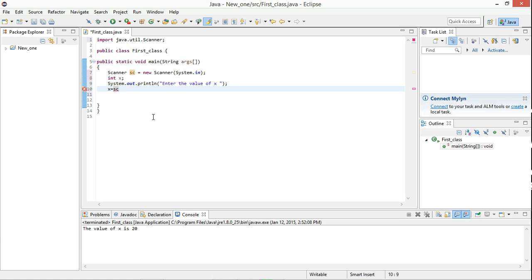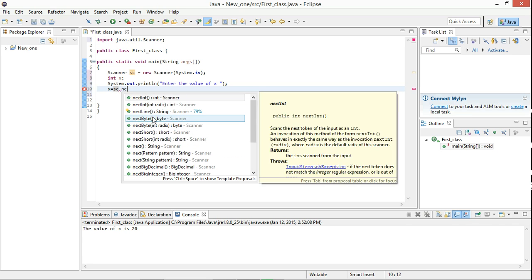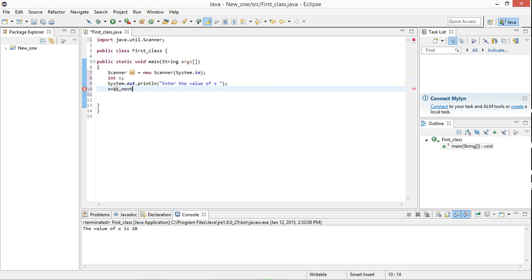For that, we do typecasting. We change the data type of character to integer. We'll talk about typecasting in a completely different tutorial right from the scratch, but just know that what I'm about to write next is actually typecasting. sc.nextInt